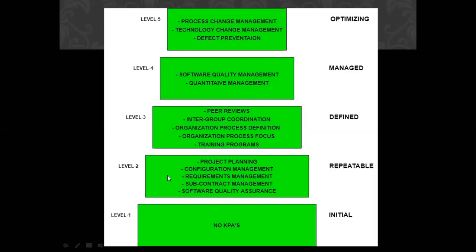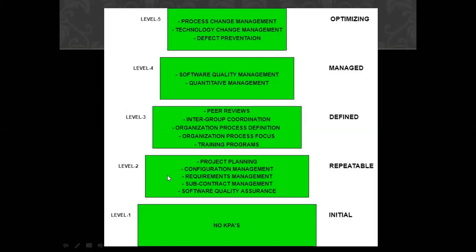And here three key process areas are there. First one is process change management. What is this process change management? Here the focus is on continuous improvement of the organization's processes for getting good productivity, quality, and good management of time for the software product. So that is change in the process, process change management. It talks about how you can improvise your process.